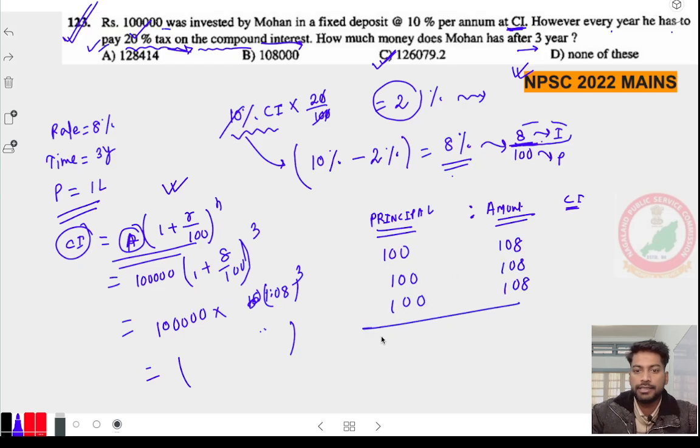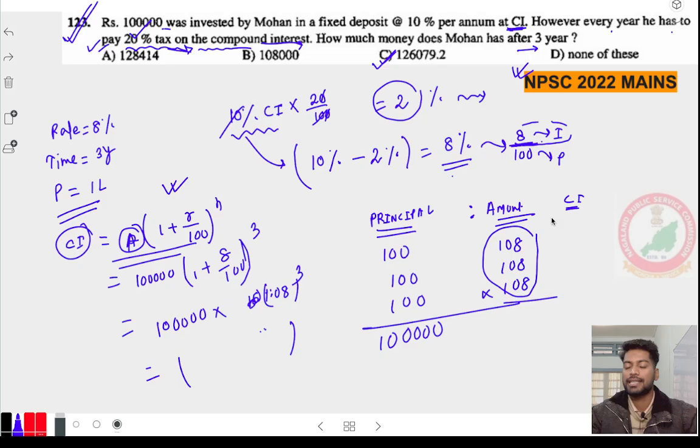So if you multiply this, it will be 1 lakh, and then you have to calculate this. I don't want to calculate this much of data in the morning, okay. So just skip this, you just calculate, you will get the answer, okay. Chalo, then you have to minus and you will get your CI. Next,